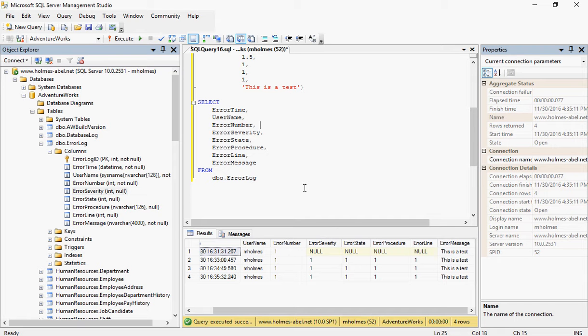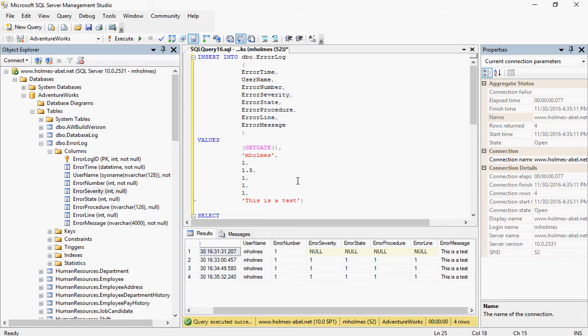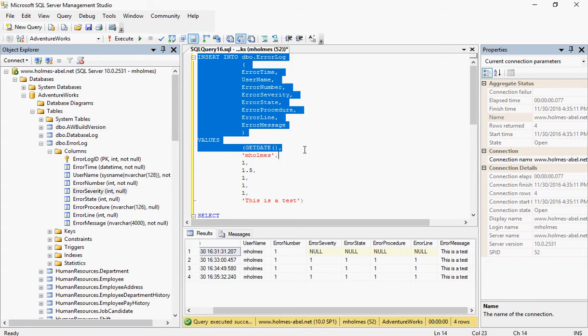Just a quick note, if you're not using 2008, don't worry. All this logic pretty much applies to just about any version of SQL. So 2005, 2008, 2012, and I believe 2014 is out right now as well. And I assume that they're probably going to come out with a 2016 sometime this year or next year. Who knows? So anyway, in our last tutorial we left off performing an insert statement,